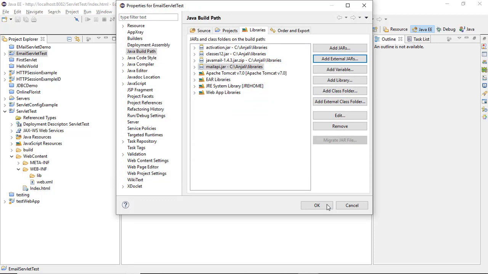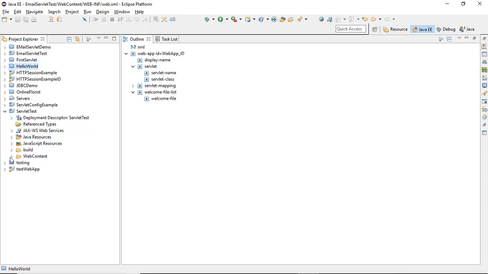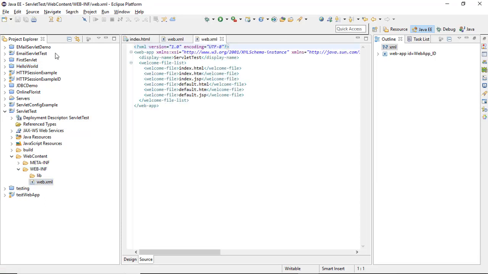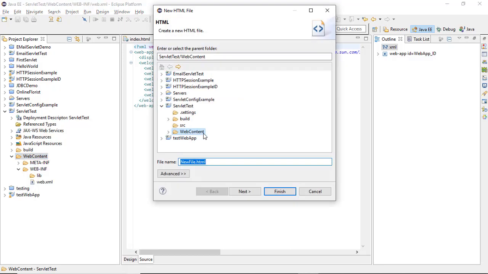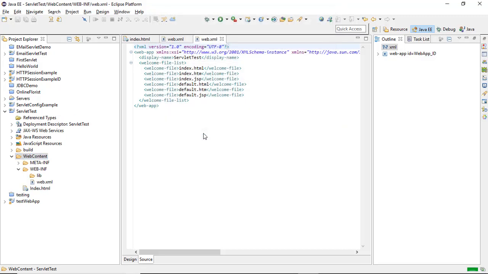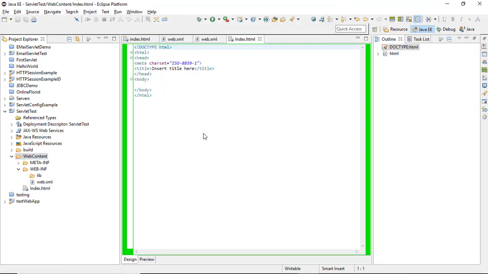Go to Java build path. We created this, and this is our web.xml, the deployment descriptor of the application, and you can have your index.html here. Add files, and now you can work on this accordingly. Just write the code and start working on it. I just gave some text: Welcome to Tech Ranch. And if you see this,